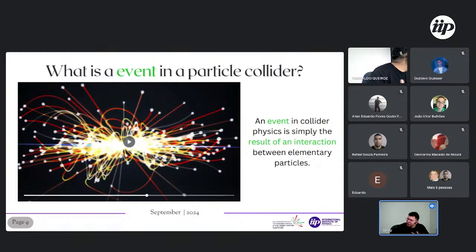So our work is to analyze the result of the collisions, and each one of these new particles we call an event. For example, we can have here an electron-positron pair, and we call that an event of two leptons. So an event can be any result of the interactions. For example,